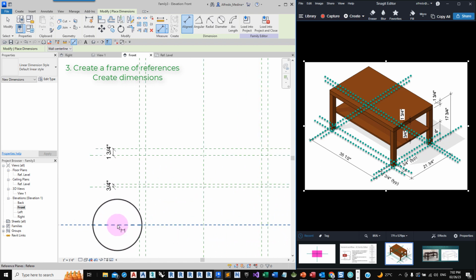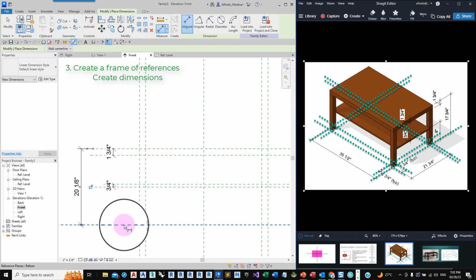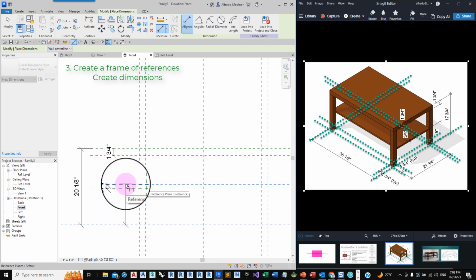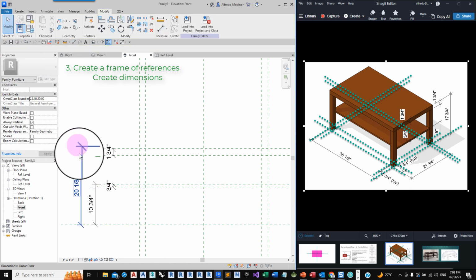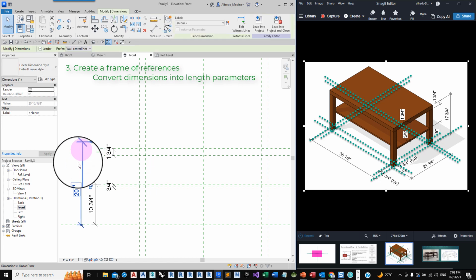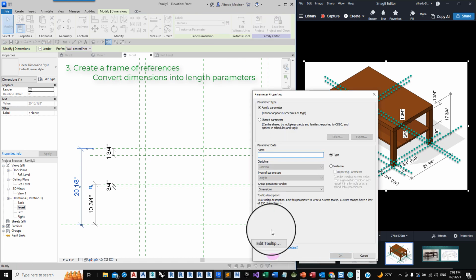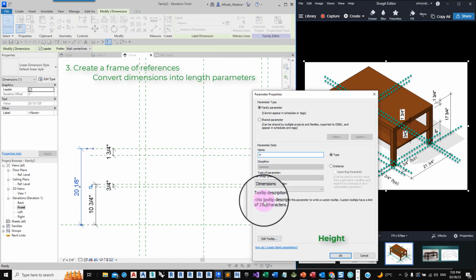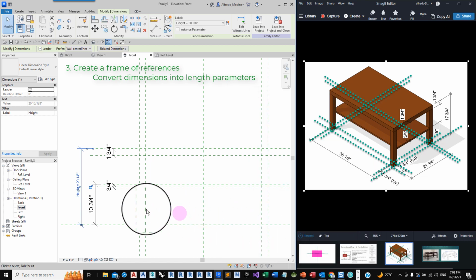From the reference plane, I measure the top height, and I measure also the height of the shelf, like this. And then we convert these dimensions into parameters. Select this one, create parameter, and we can call this height of table or simply height. And we want this to be a type parameter.